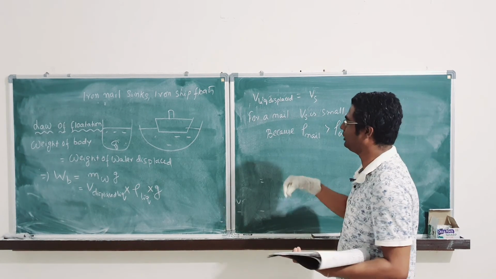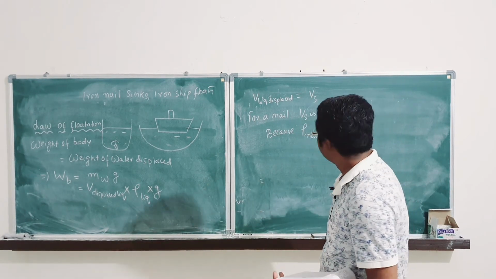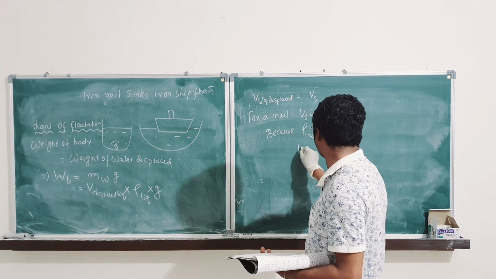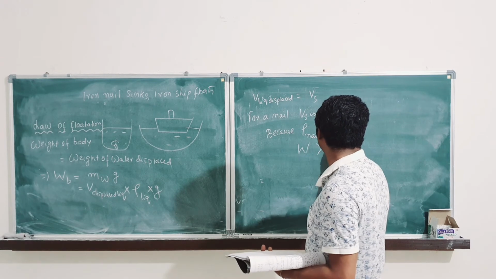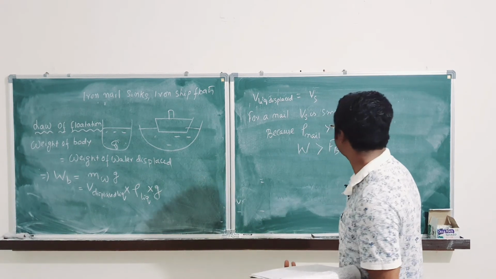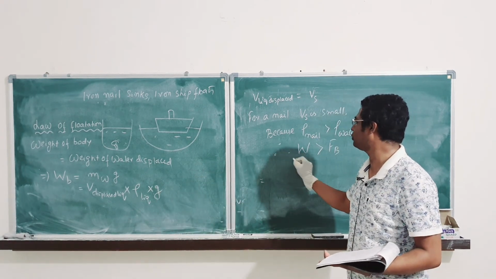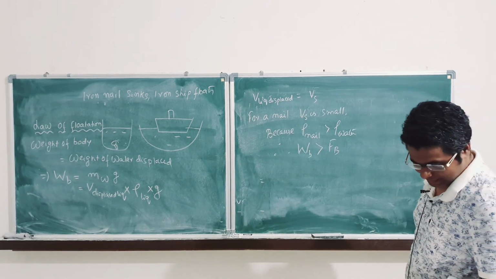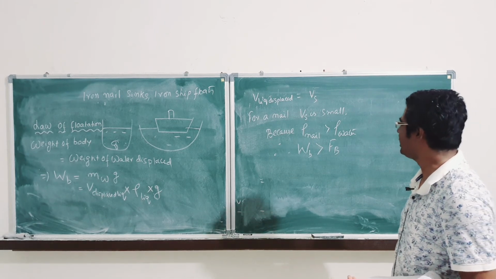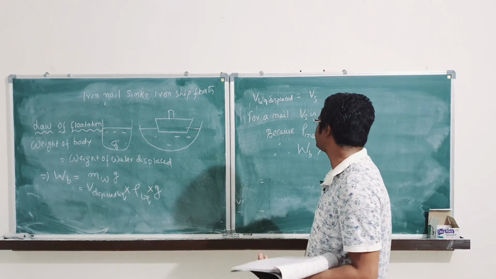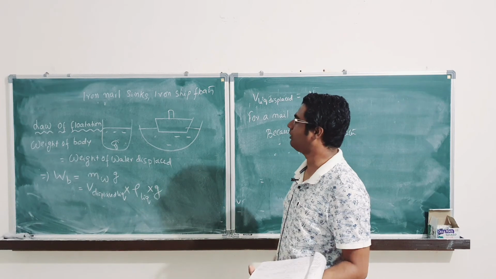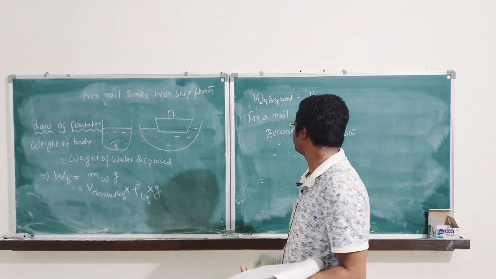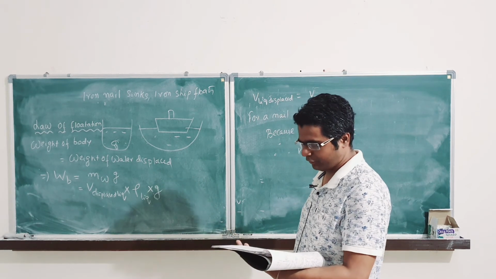वाटर में डूबो रहा है ना, वाटर. So that is why, as we have already seen, we can write that the weight of the body is more than Fb. Therefore the weight of the body is more than Fb. Right? And after that write, hence iron nail sinks. हो गया. So we now know why iron nail sinks. Now we will be doing why iron ship floats. So please write this.